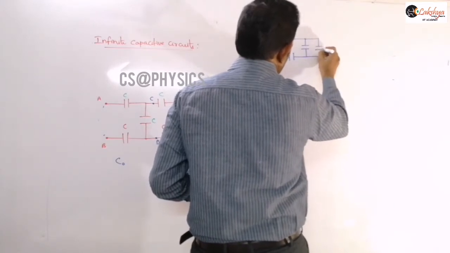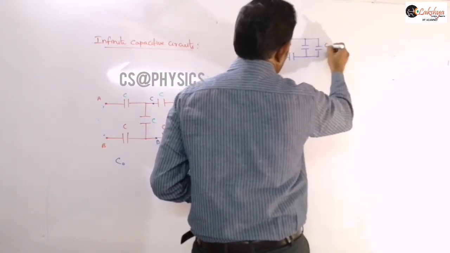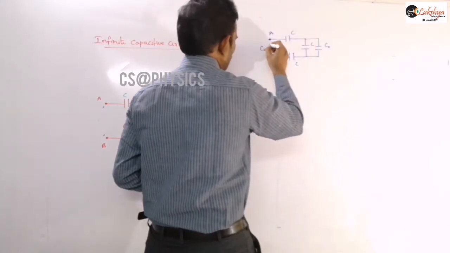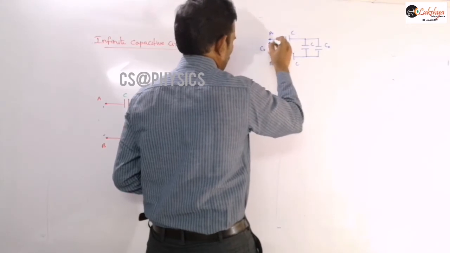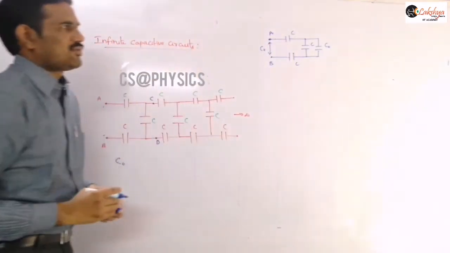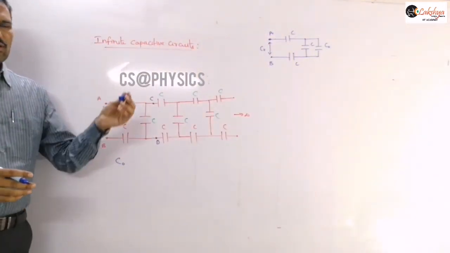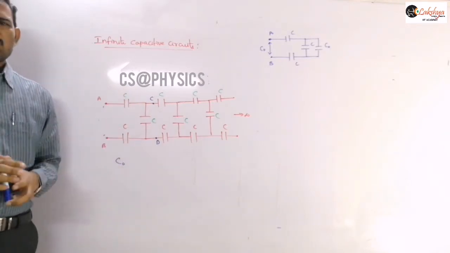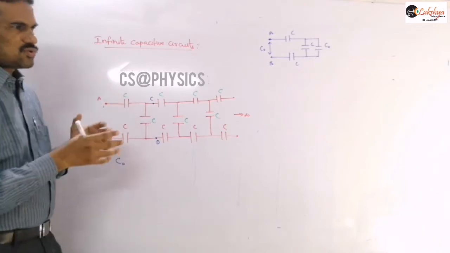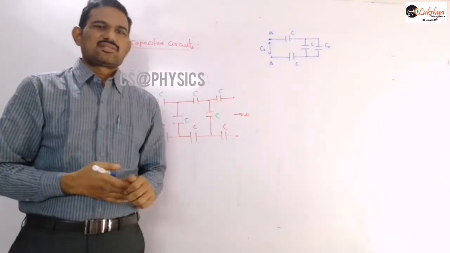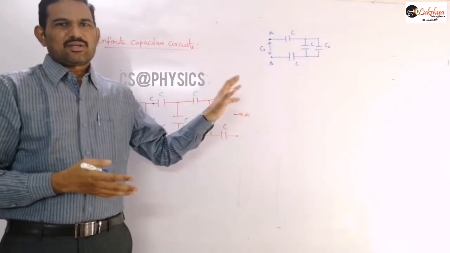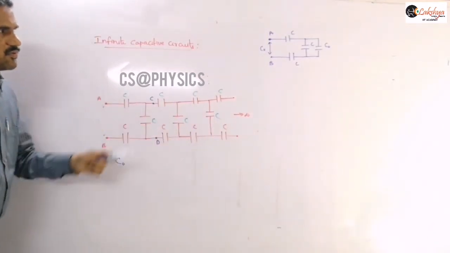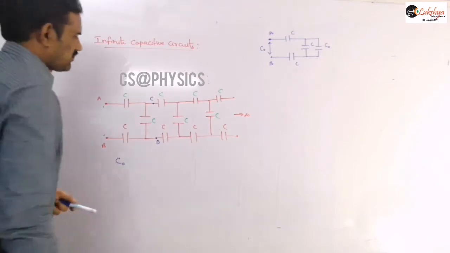So this is the circuit now: C naught, C, and this is C, and this is also C, and this effective capacitance should be equal to C naught between A and B. Now you need to solve that problem, and again you will get a similar quadratic equation. Write the factors for that quadratic equation, and in the roots you need to consider only the root for which the effective capacitance is a positive value, right? So that is the final step, and solve this problem. Now write the quadratic equation and simplify this value here.